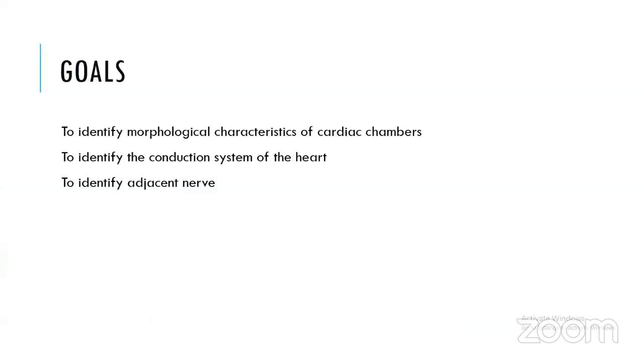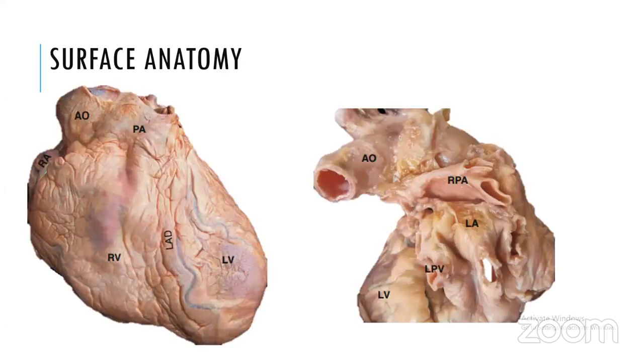The goals of the lecture are to identify morphological characteristics of cardiac chambers and to identify the conduction system of the heart, also to identify adjacent nerves that might be injured or should be taken good care of not to injure during cardiac surgery. So starting with surface anatomy,